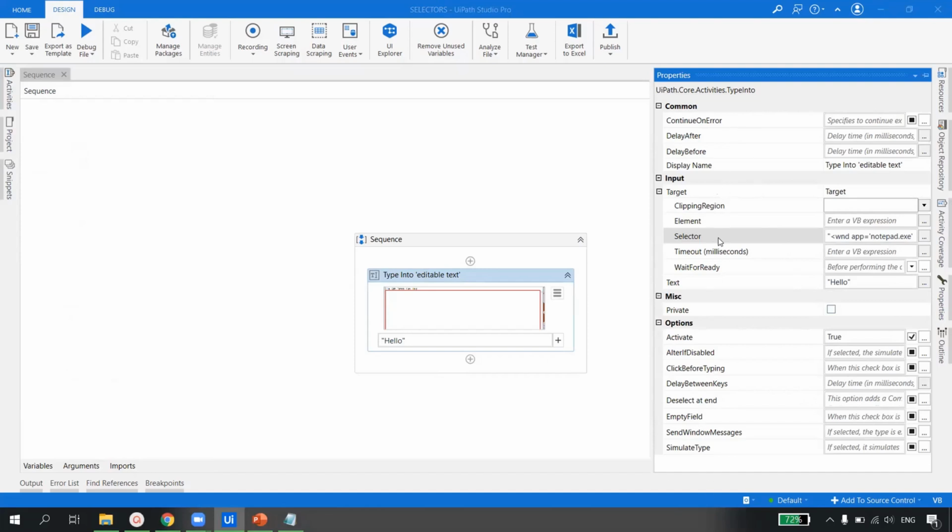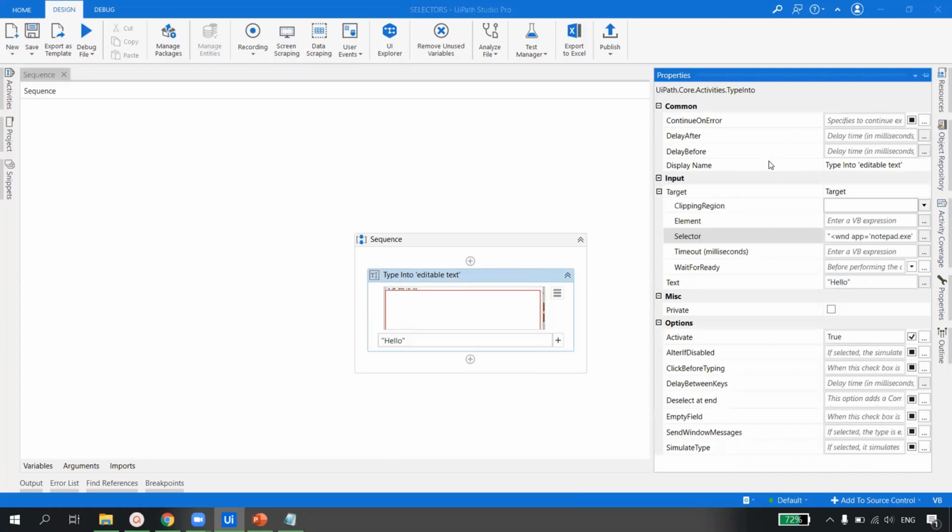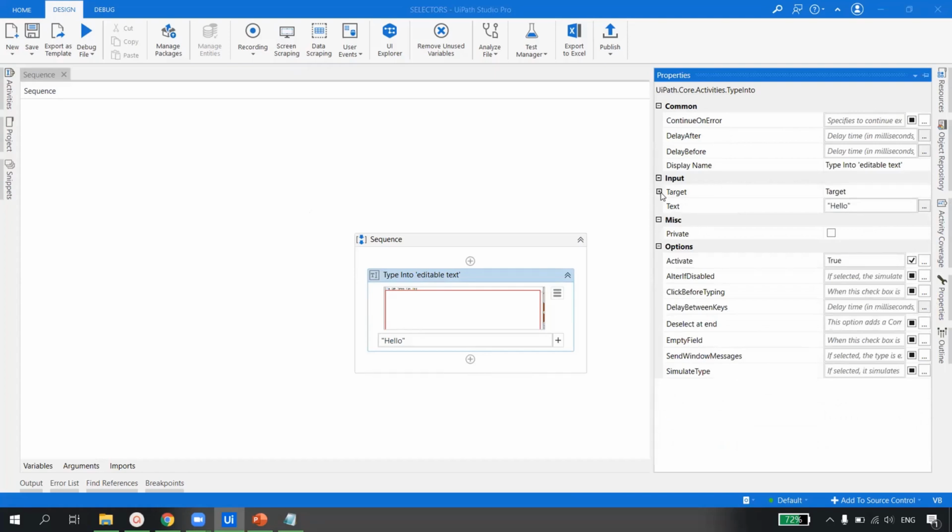Can you see? These are all the type of settings. So as a beginner you should understand. If I ask you what is this Wait for Ready, do you know what this is? Every element, wherever you drag and drop something in UiPath Studio, will have these properties in common. So we should be aware of what exactly these properties are. Most of these properties you already know.